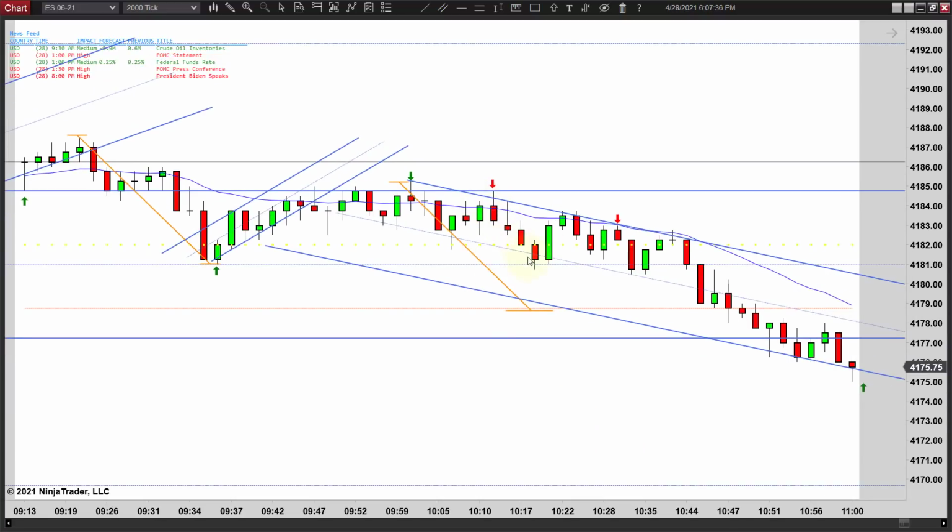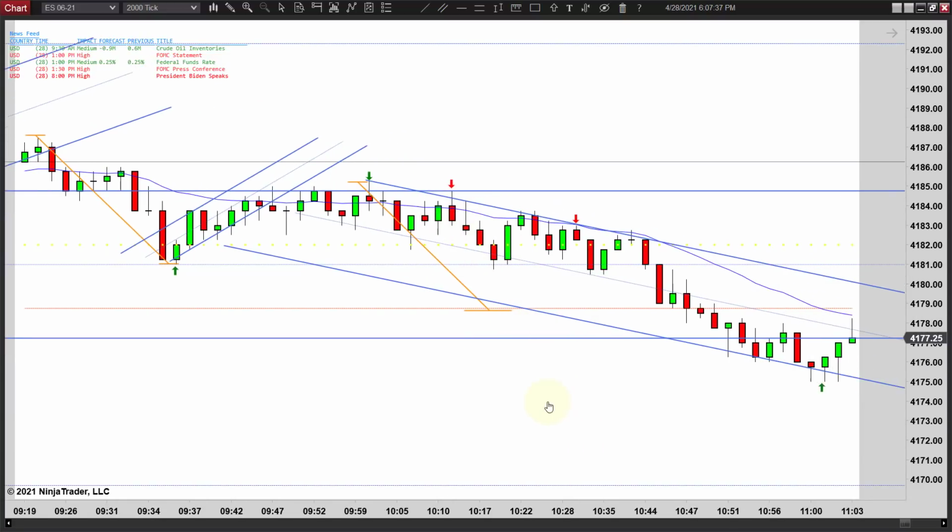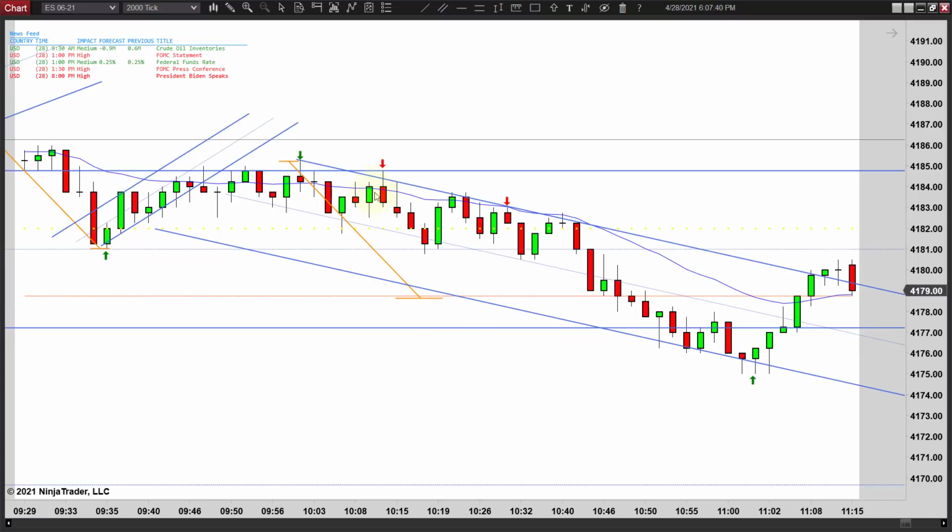And I really was hoping I'd catch a runner all the way down here. I didn't, unfortunately. It does continue to go lower, but I didn't get a runner on this one. But you got a new high. You try to go long once, twice. This doesn't actually break higher here, but there's a new low, first entry, second entry, and you can clearly see